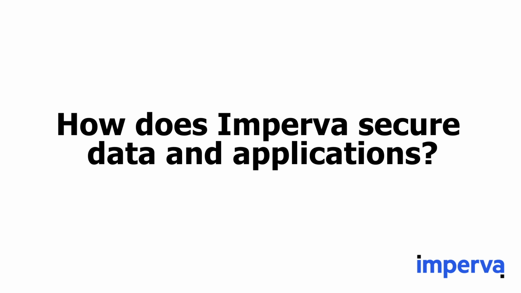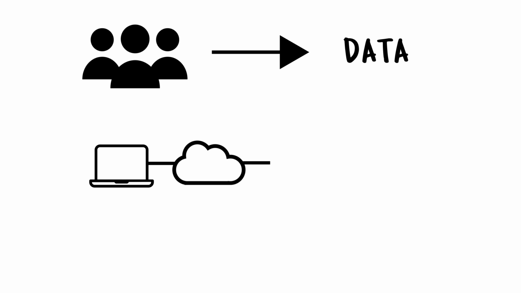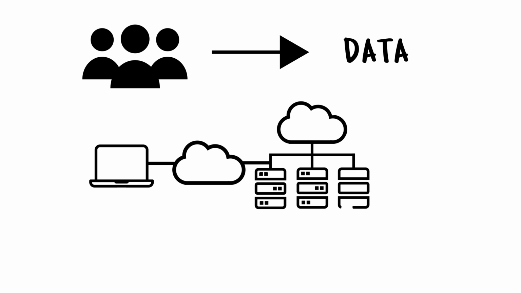At the beginning of the day, the internet all began about people trying to connect to data. There's a lot of different ways to do it, but that's what the internet's all about, people connecting to data. And that translates into things like laptops connecting into what we have now as a cloud, if you will, or the internet, connecting into people's data centers, connecting into all the components in the data center, and finally connecting into